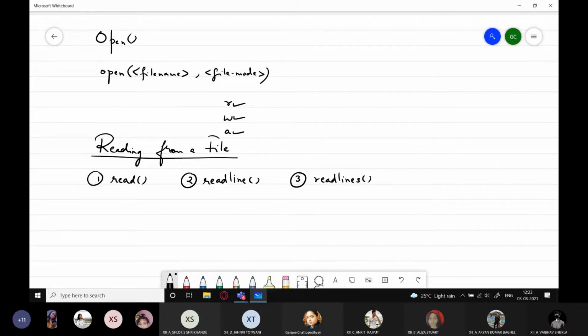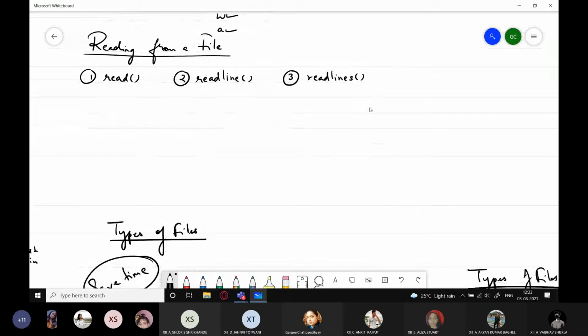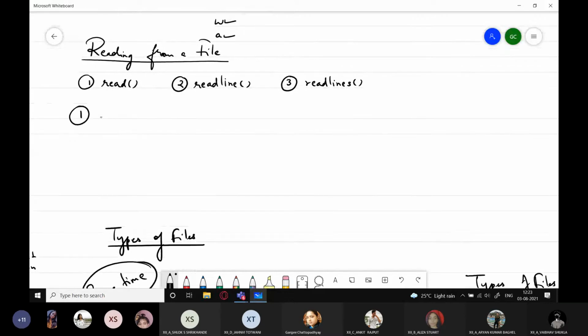Now, although these three functions have the same task, that is to read file content, there is a difference in their way of working. So what do you understand by the read function? Please look at it very carefully.